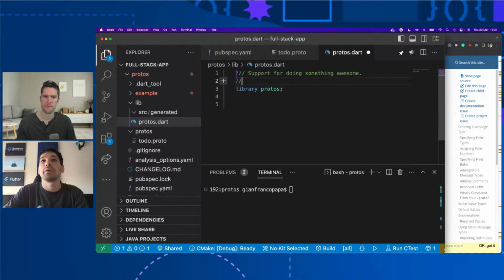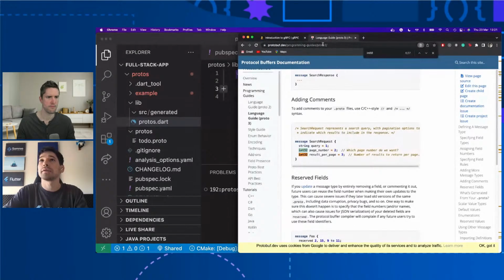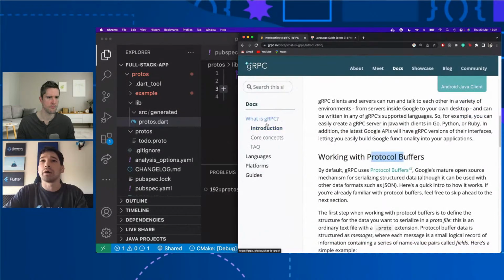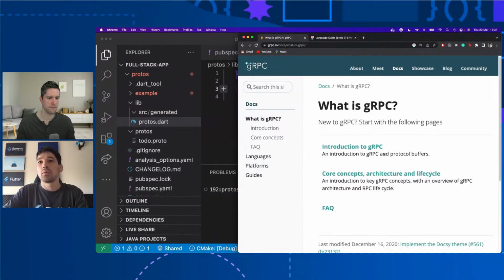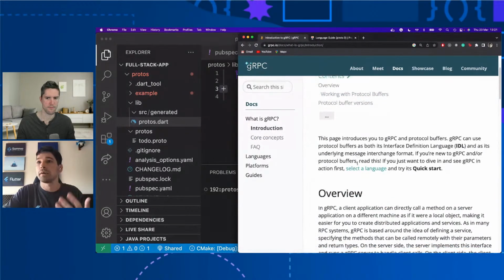And in our library, here we are going to actually export our generated classes. So the idea is to grab the protoc command that you can download. We skip the setup, but the idea is that you can use it.